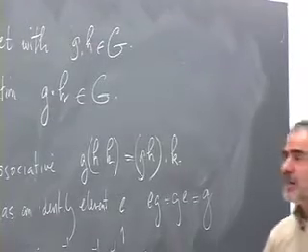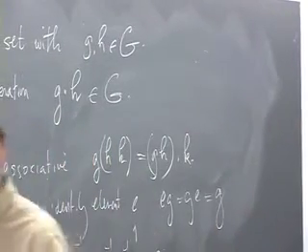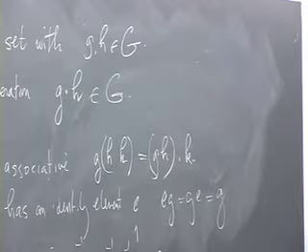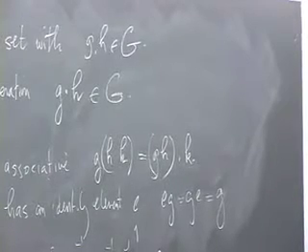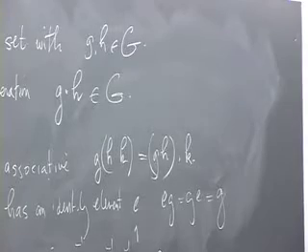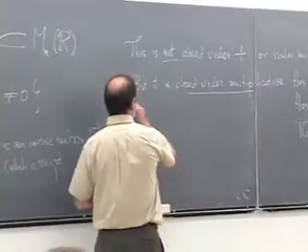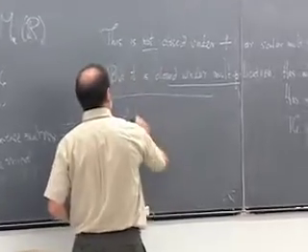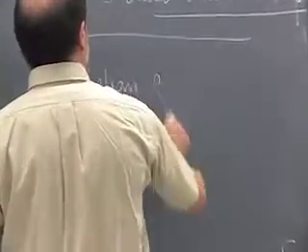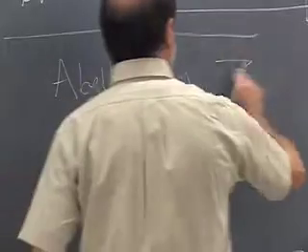All right, let me give you a simpler example of a group, because this seems awfully complicated to go through to get a group. So you've been doing groups all your lives. It's like speaking prose. So here's an example of a group, an abelian group. Why don't we do an abelian group? The simplest abelian group is the integers.